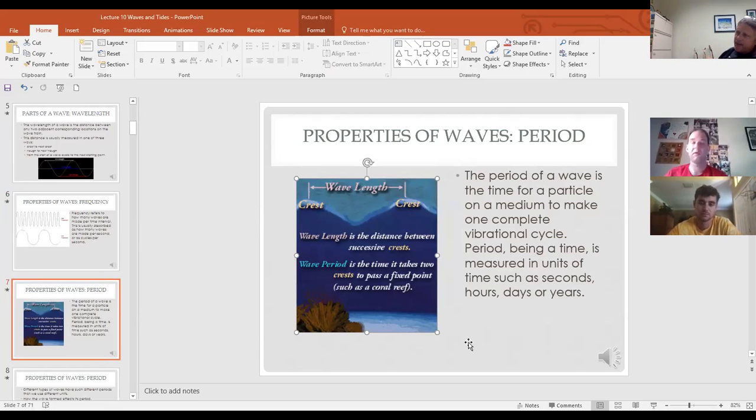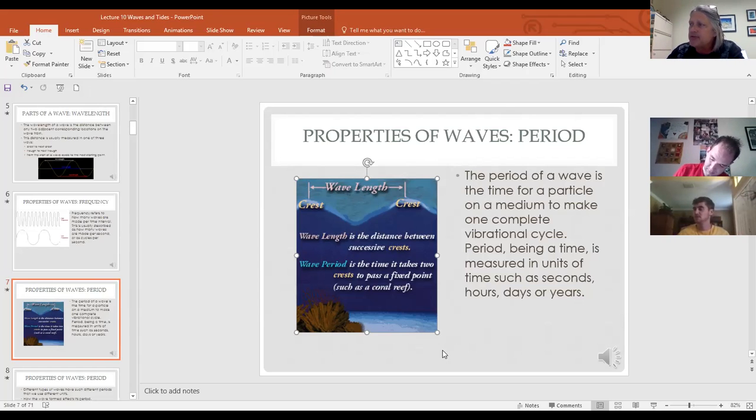Now, oceans aren't the only type of waves. Sounds are waves, light's waves. The frequency of light is color. The amplitude of light is brightness. The frequency of sound is pitch. And the amplitude of sound is volume, how loud it is. So all waves have these properties, and